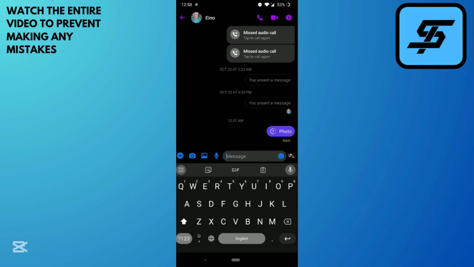And that's it. Sending one-time view pictures on Messenger is super easy and perfect when you want to share something